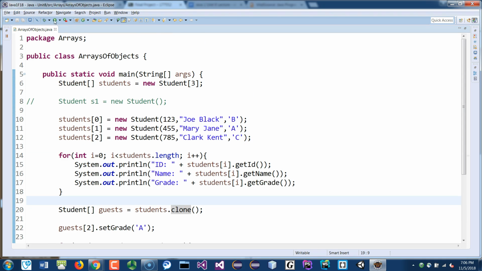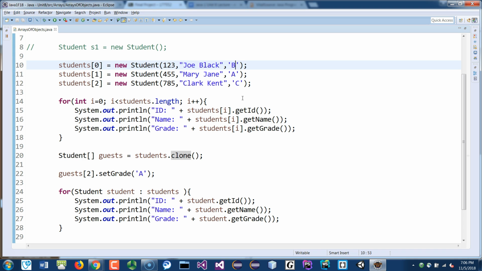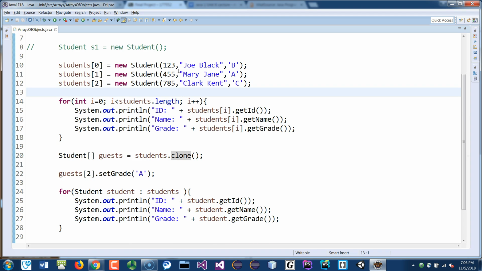Okay, so notice again that we use a class to get the ID, name, and grade. That's very helpful because we're using classes. If you don't use classes, and I ask you to create parallel arrays, then you will have to create 3 of them, one for each of those properties. So you would do what you did for each of the students here, but with parallel arrays. So you would do like,